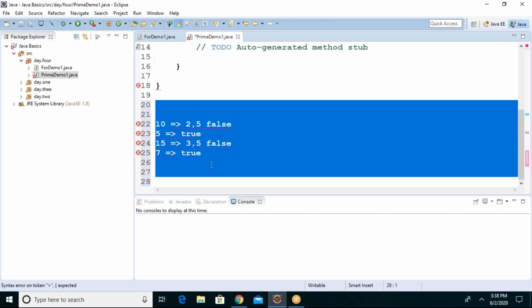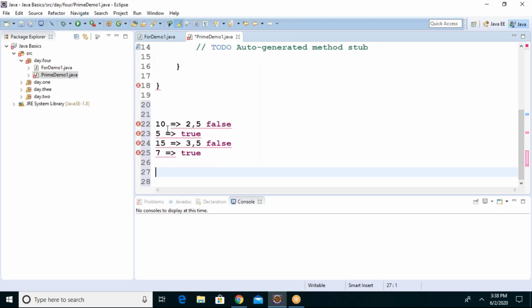But if there is at least one factor, I will not even go up to this. For example, if you take 50, or let me take 29, for example. If I check what are the factors, boss? 2, 7, right?